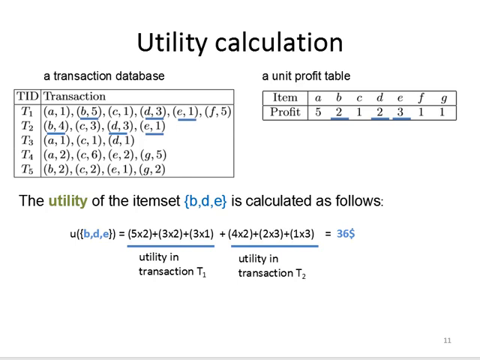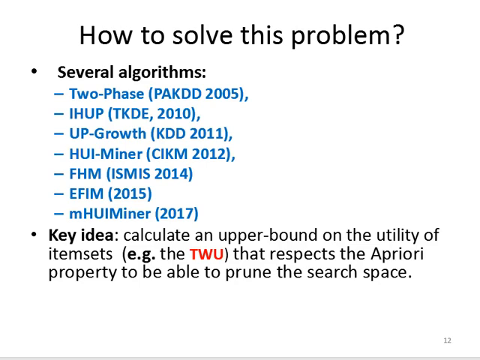So how to solve this problem? There have been several algorithms like two-phase, FHM, and so on. The key idea is the following. Since the utility is not anti-monotonic, we use some upper bound on the utility that respects the a priori property. Although the utility is not anti-monotonic, and we don't know if it will increase, decrease, or stay the same, we can find some upper bound that will have the a priori property, and then we can use them to